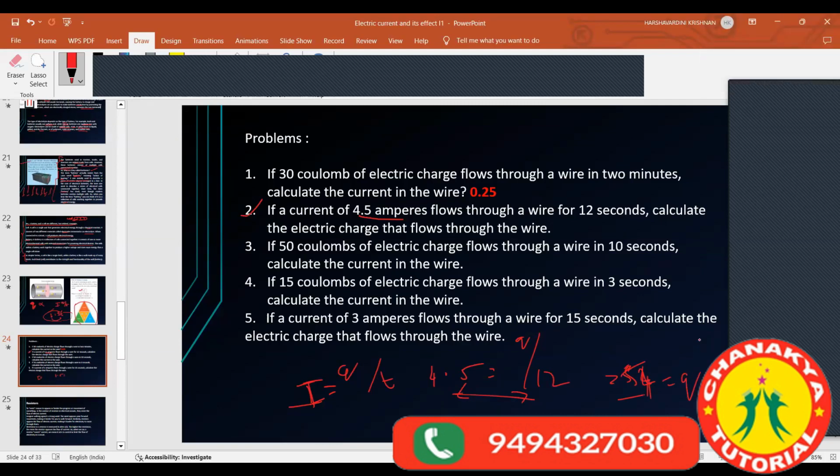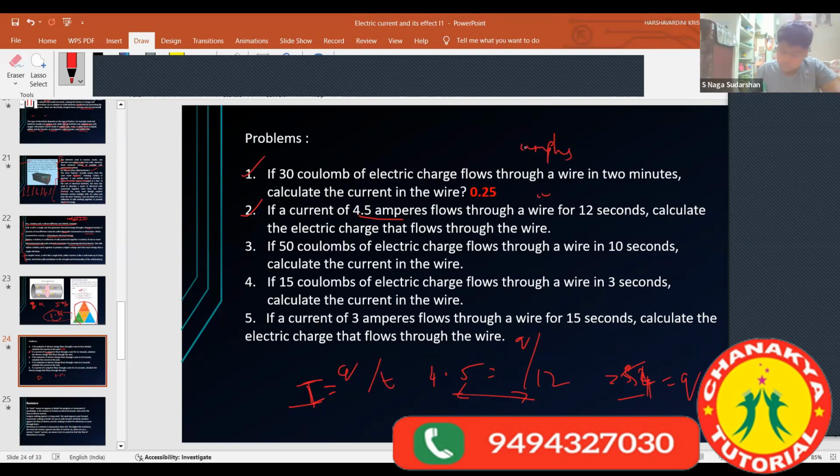And do not forget always to write the units. So for the first one, you would have written 0.25 amps. And in the second one, you will be writing 54 coulombs. Right? Third one,